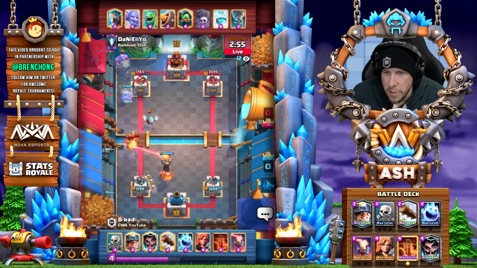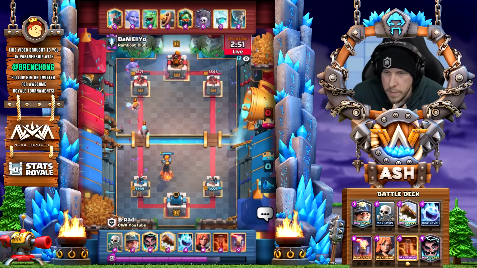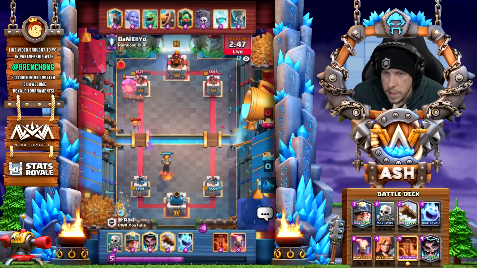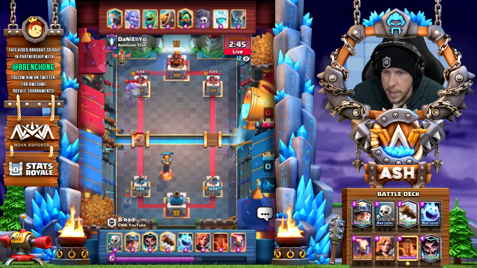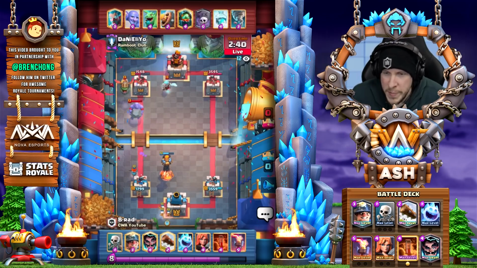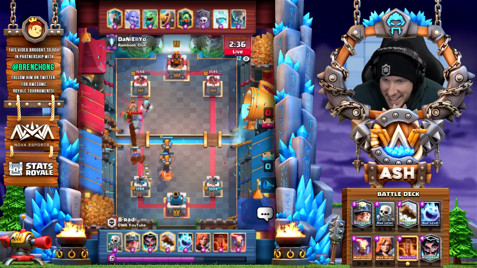So the preemptive Inferno Tower, was that just to deal with Baby Dragon, basically? I know it's going to get value, so I might as well just do it. Yeah. And you can see again all these logs coming down, which is just so noteworthy. Yeah, one of the good things with B-Rad is he has poison, so he can log. Most people